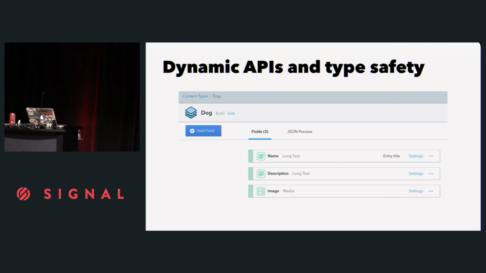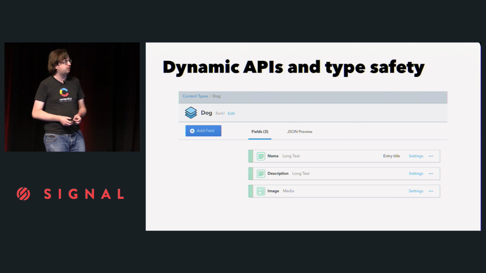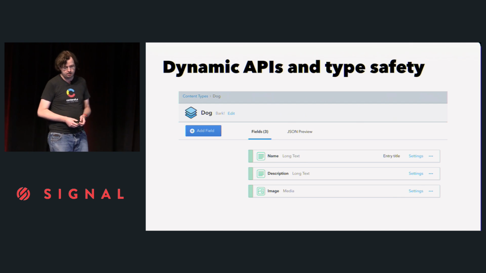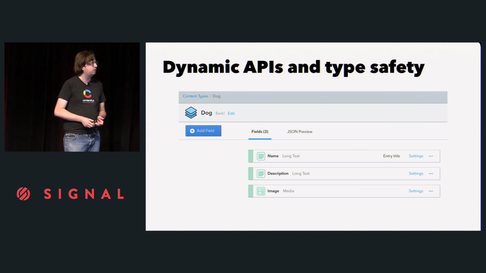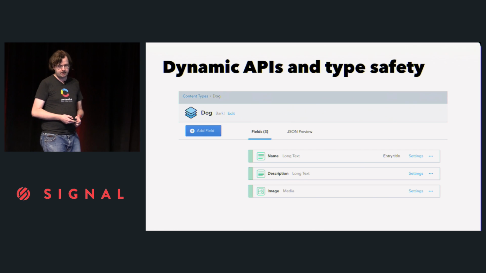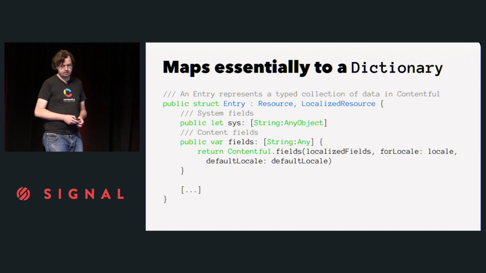So yeah, as I said, the Decodable library or something like this can give us the type safety. At Contentful, we have the problem that the API is quite dynamic. Inside Contentful, you can create your own content model. In this case, we have a doc content type with some fields like a name. And this is known to us, but it's not known to the API client. So it's really specific to each individual project. And in the API client, this entry type maps essentially to a dictionary which has fields, and those are of type Any,